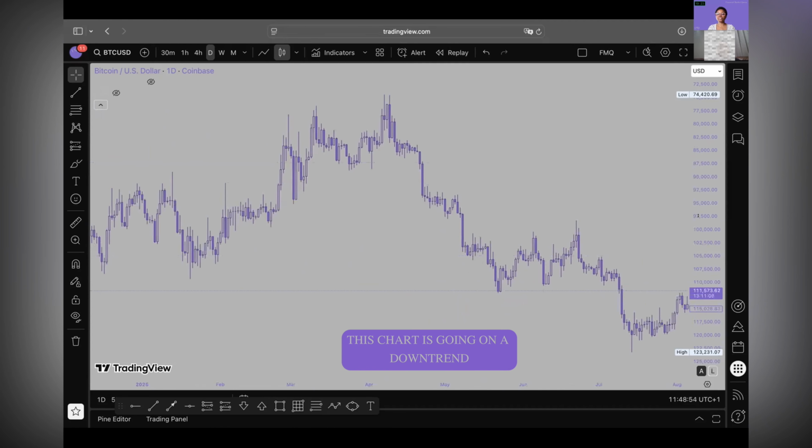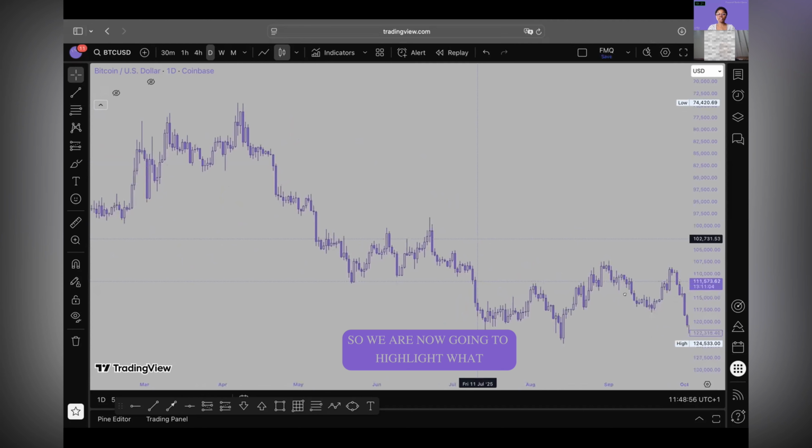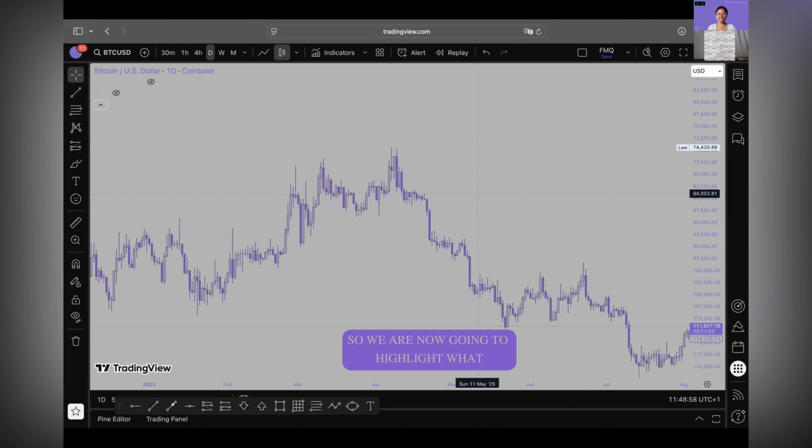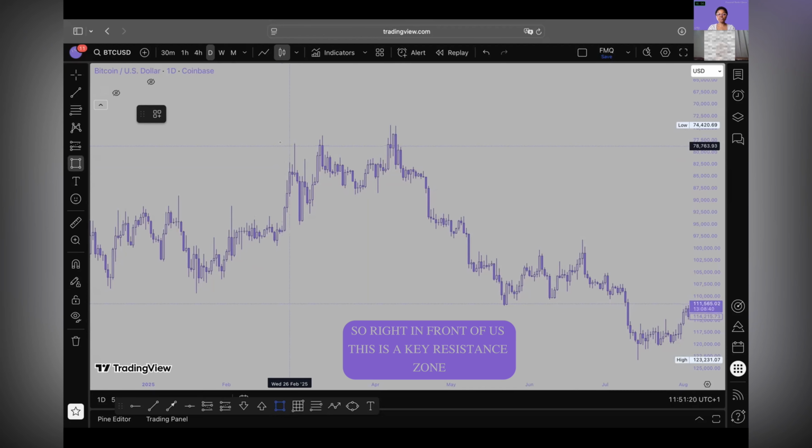You can see this chart is going on a downtrend. So we are now going to highlight where our resistance is going to be. I'm going to bring up my rectangle icon, and I'm going to start mapping out areas that I believe are strong levels of resistance. And I'm saying resistance or supply because this is a downtrend. So right in front of us, this is a key resistance zone